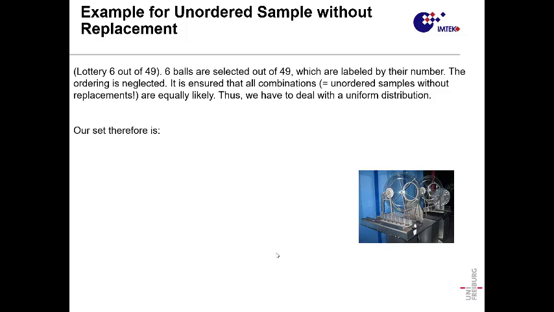So what is this? This is a good example of unordered selection, because the order in which the numbers appear does not matter. If it mattered, it would be impossible to win this game, because you would have to guess the 6 numbers and also the order in which they appear. You can think that this would never be possible. So the order does not matter, and there is no replacement, because once a ball has appeared from the big ball, it will not happen again. You cannot go back to the ball once you get one from the lottery.